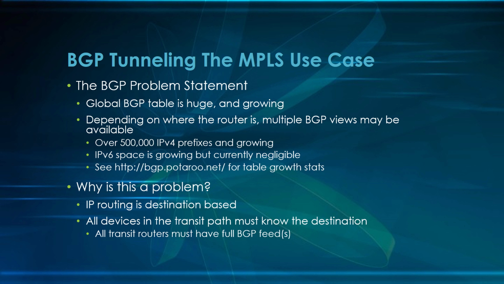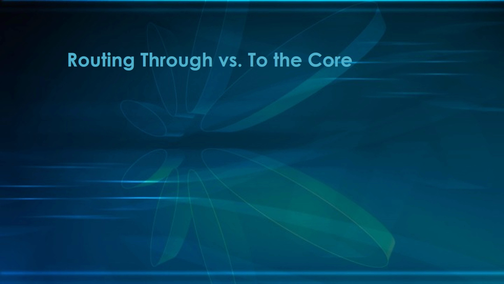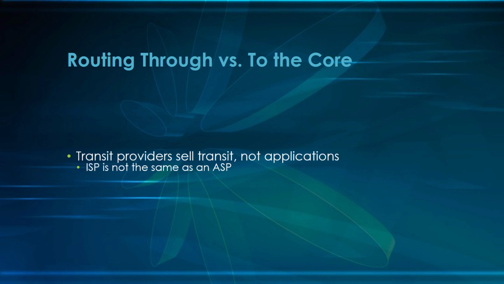So this is where BGP tunneling, the MPLS use case over MPLS, it should actually be titled, this is where the disconnection between the internet and the MPLS capability are brought into play. Now, routing through versus to the core. Now, what this means is transit providers